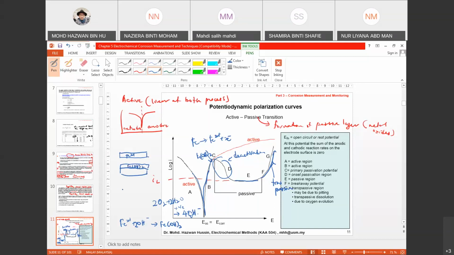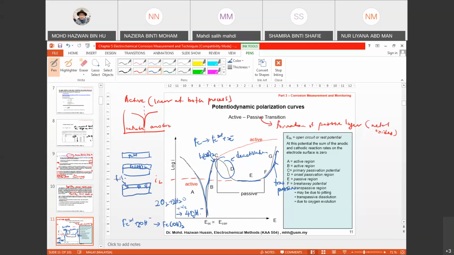Then you have a thickening of this layer until it becomes passive. Transpassive occurs when you have damage of the passive layer,